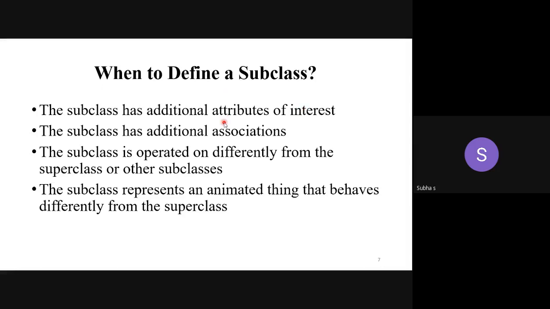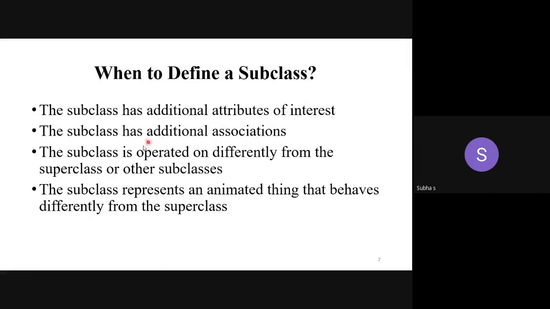The subclass has additional attributes of interest, like that. Second, also it is related. The subclass has additional association. It can have some other extra association with other classes also. It's not necessary that it should associate only to the superclass. It can have some additional association to other classes.